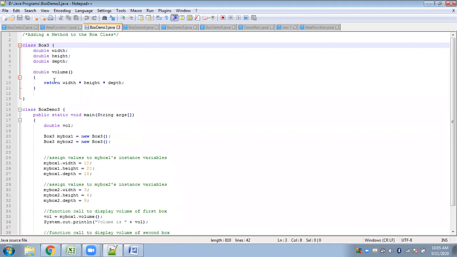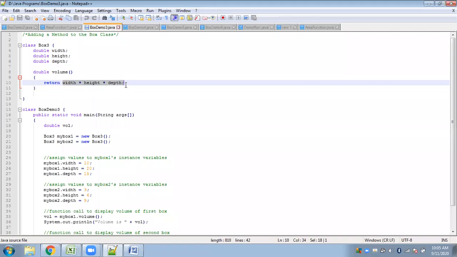One thing that you must remember is, whenever you are using a return statement inside a function, your return type must match the type of the result that will be generated. Here, what are you returning?